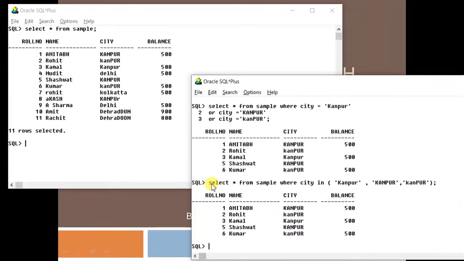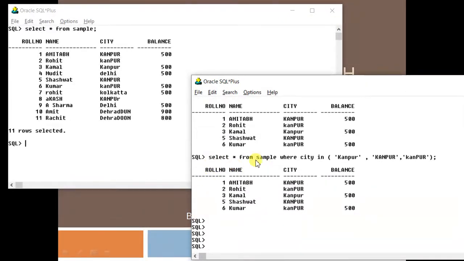Okay, then see, now it is working. So again, Oracle has worked in the same way. When you submitted this query, what will happen? Oracle will go to the first record. It will pick its city value because you have given where city in. So this city, this Kanpur, will be matched with these set of values. It will not be matched, it will be matched, it will not be matched. So total one match, true. This will be match, not match, not match. This match, true. This will be match. This Delhi is not match. So whatever, even a single occurrence is there, it will match and the output will come.